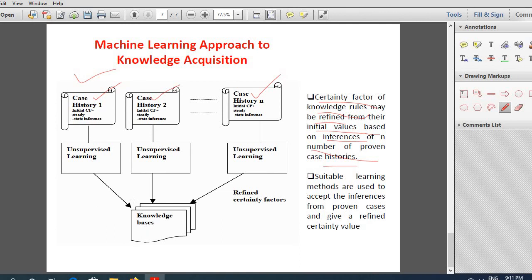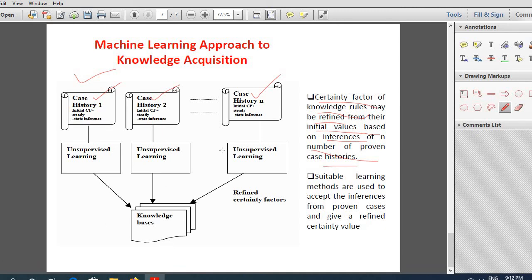That is what is meant by refining the certainty factor. It means you improve the certainty factor of a rule based on other information that shows the rule is true. So these different case histories are used to update the certainty factor of the rules in the knowledge base.